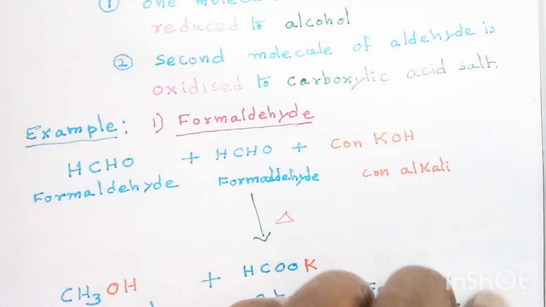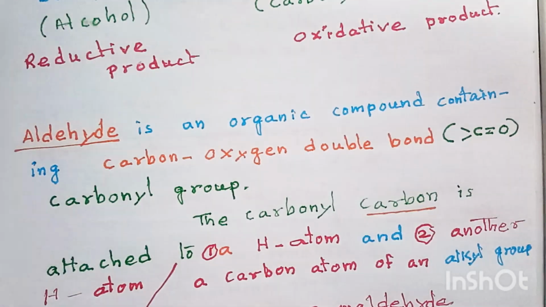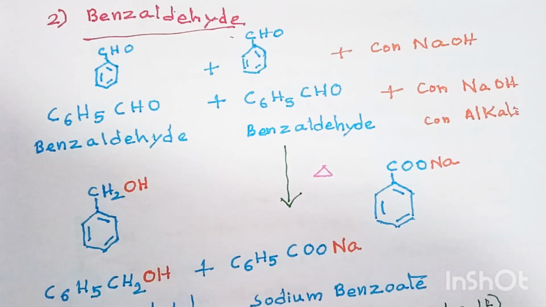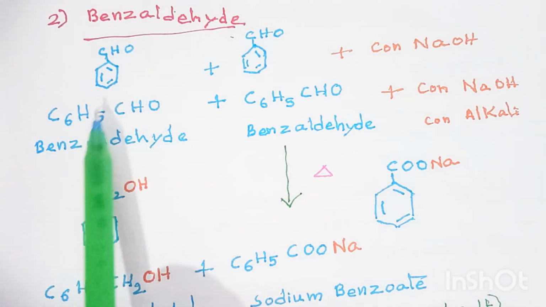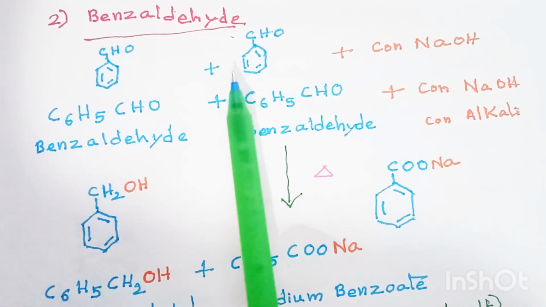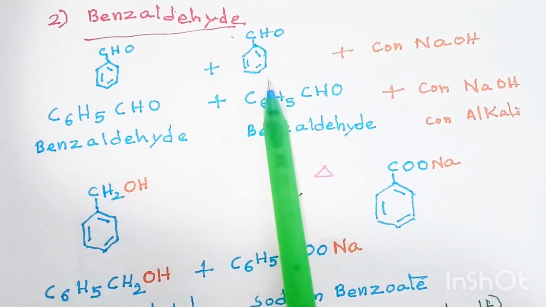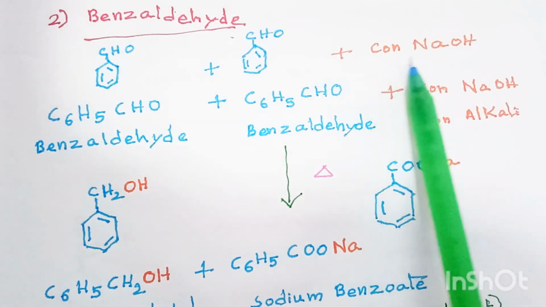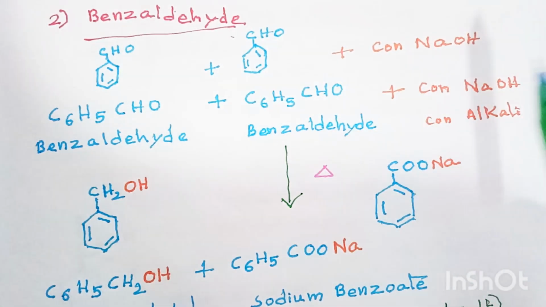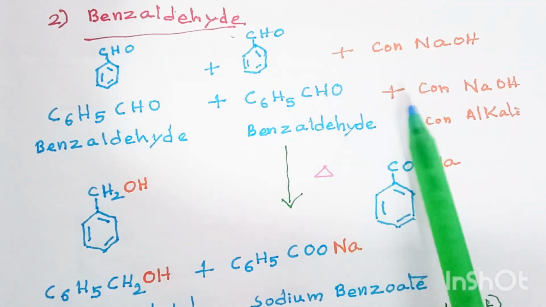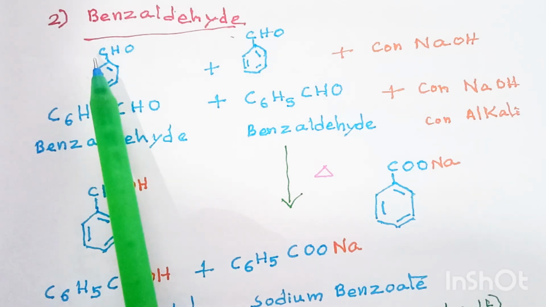So this is Cannizzaro reaction. Let's see another example. Benzaldehyde. This is C6H5CHO, plus one more mole of benzaldehyde C6H5CHO, plus concentrated sodium hydroxide. This is concentrated alkali. So benzaldehyde can be written like this: